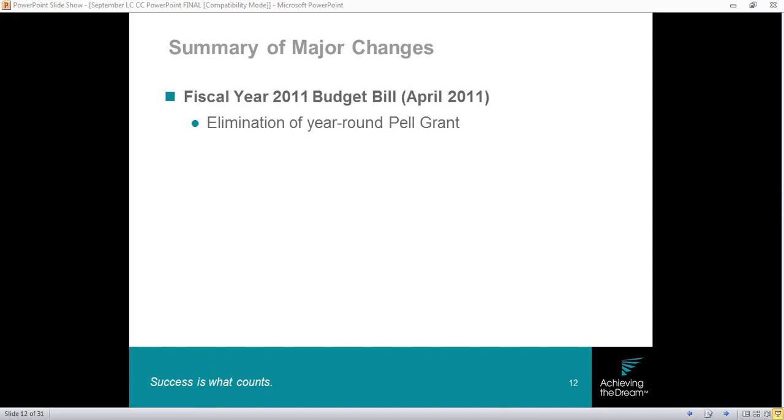The big things that happened here were we saw the elimination of the year-round Pell Grant. Year-round Pell Grant, or the ability to have students have 2 Pells in a scheduled award year, was a very short-lived program. The idea was that this would help students accelerate if they could receive another Pell Grant. At the end of the day, and this is the point I was making earlier about all of this being tied up with the budget,